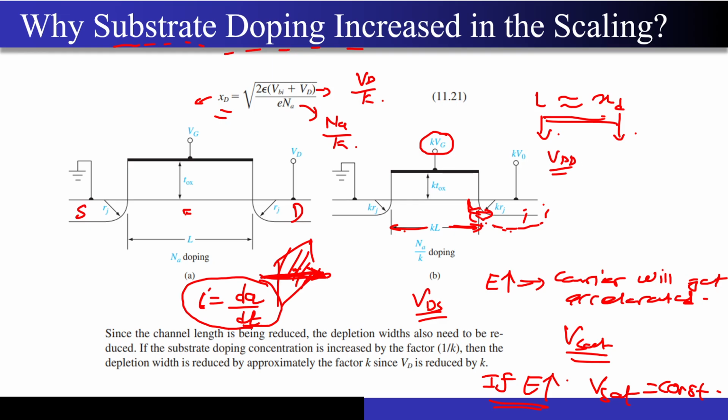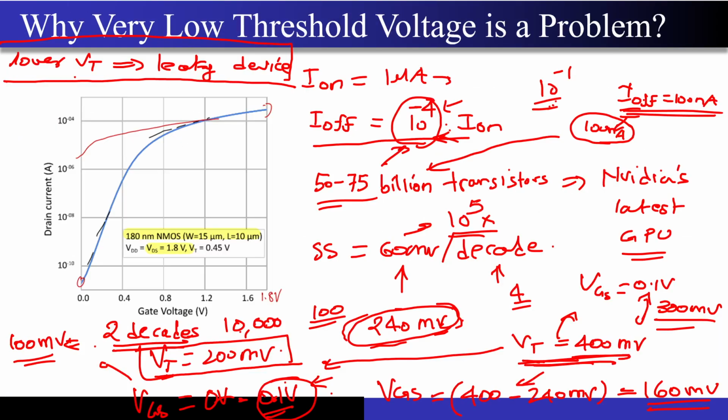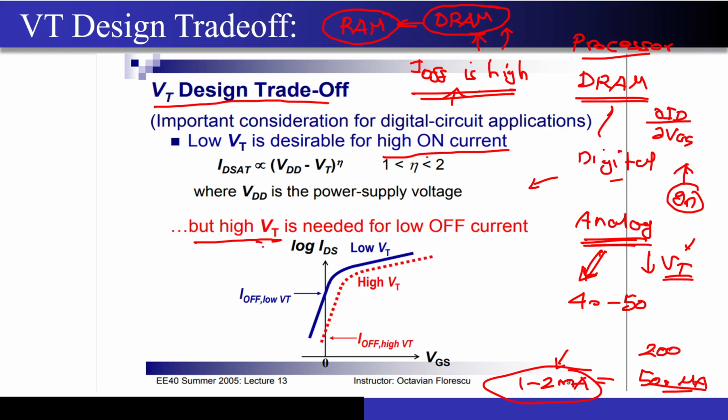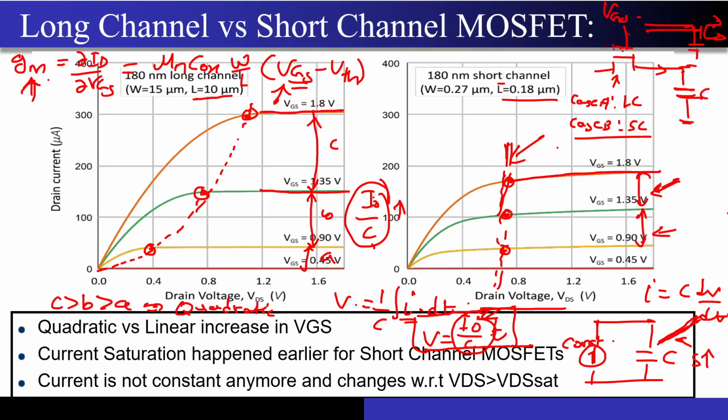So this was another, third intuition of why the velocity saturation effect, even though it seems to be good, is actually very bad for the MOSFET's current and transconductance, as well as from the I is equal to dq by dt point of view. I hope that is very much clear. So please make sure that this concept is very much clear. If you have any doubts, please feel free to ask me at any point, okay?